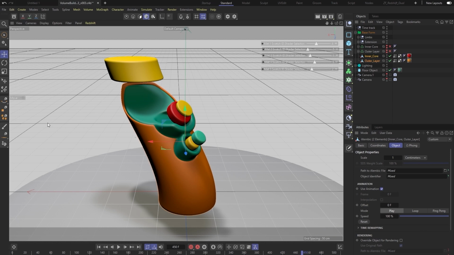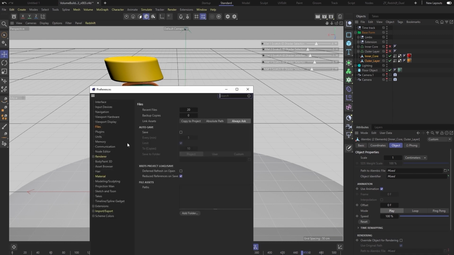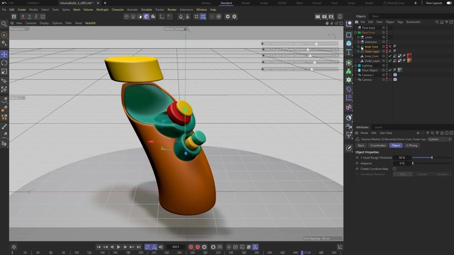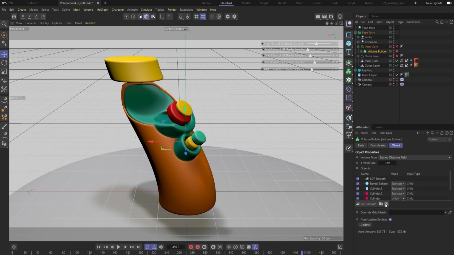When you have on your autosave as well as backup file, if you go into your preferences and you go to file and you turn on autosave and you bake in, if you're using the cache layer inside your volume builder, if you use a cache layer and you bake this in there, it will save all your data locally to this file, which when you're baking these sorts of high poly mesh objects over a long duration, that file can get very large very quickly.